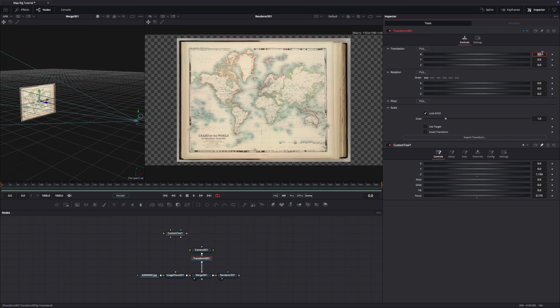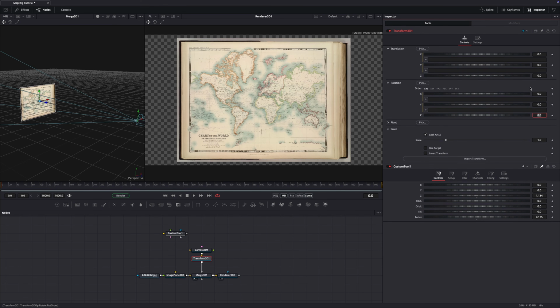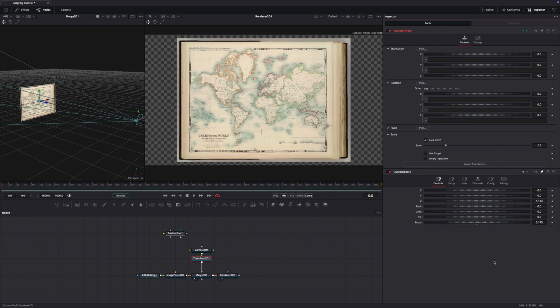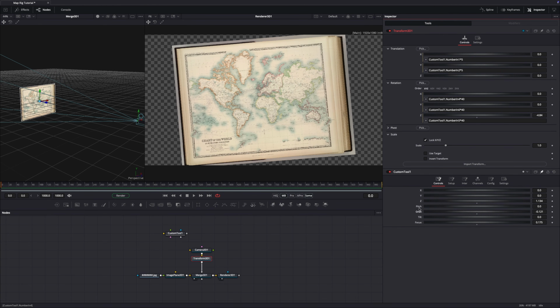Select transform 3D and turn XY translation and XYZ rotation into an expression. Connect translation X and Y to X and Y in our custom tool. Then connect rotation X to pitch, Y to tilt and Z to orbit. And again, you want to have multipliers here to make navigation faster. I've chosen ×5 for the navigation and ×40 for rotation. And now take a moment to check if the connections match the movement.